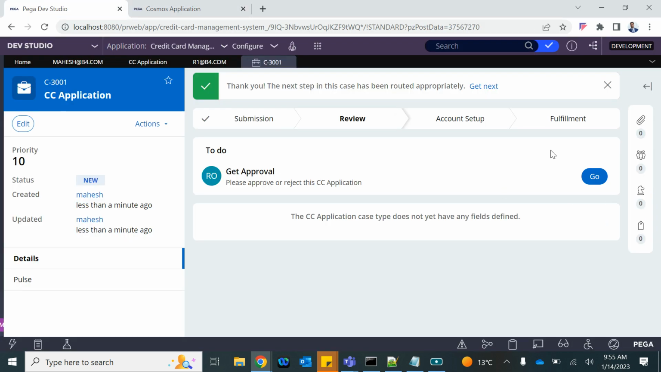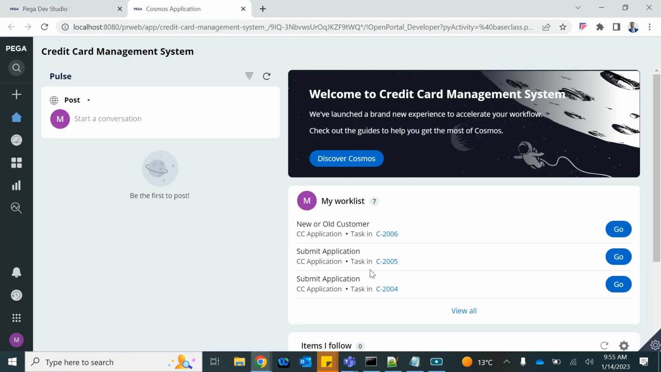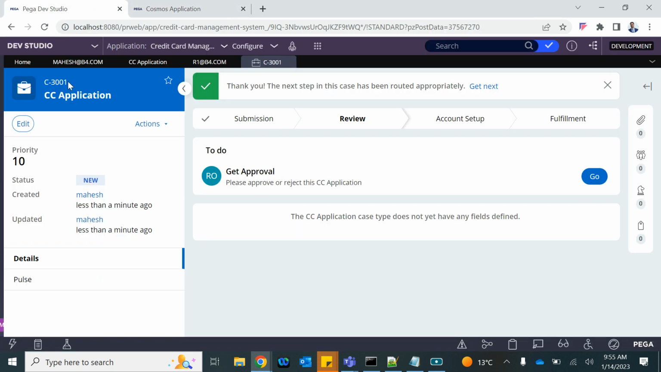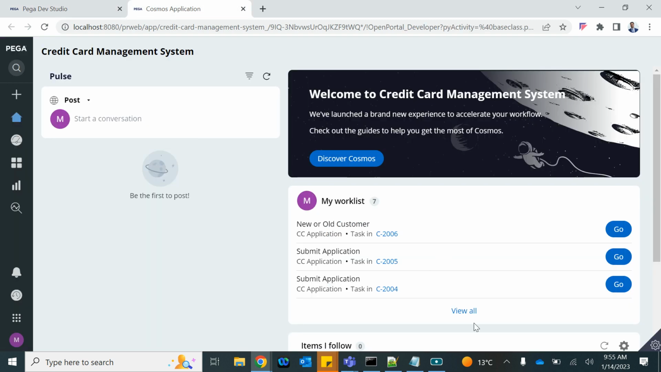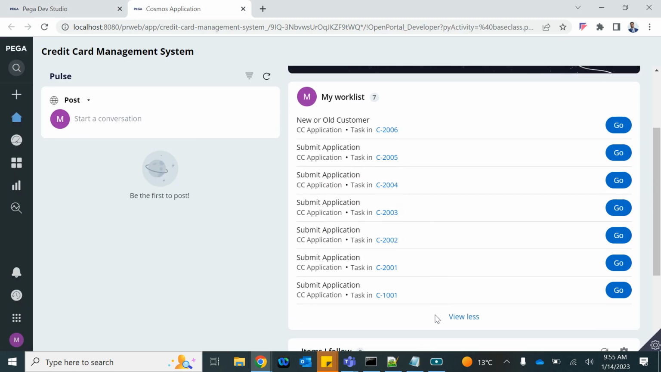Yes, on the Dev Studio you can see because you are admin, you are super developer. But that assignment is not here. I have other assignments which I have initiated, I haven't submitted. But this C3001 is not here in my work list. See,